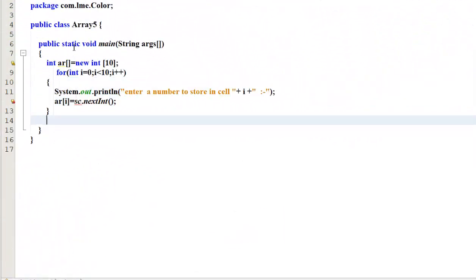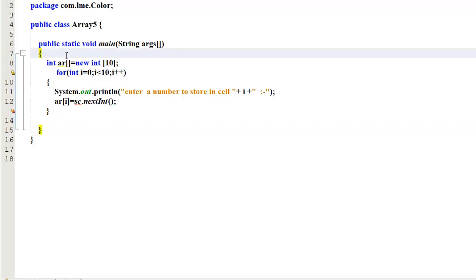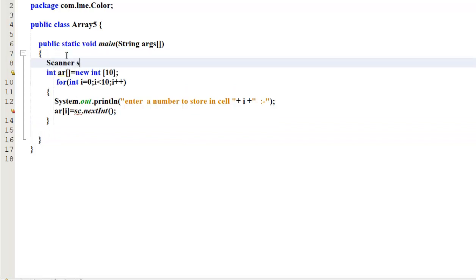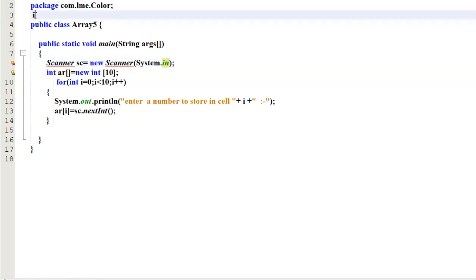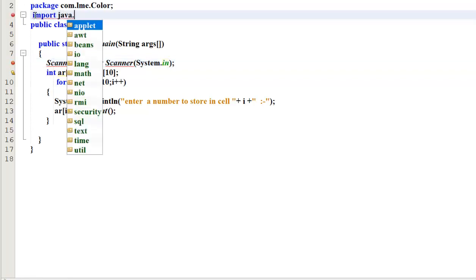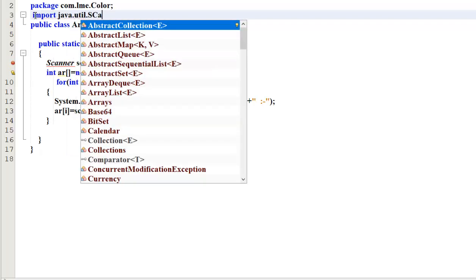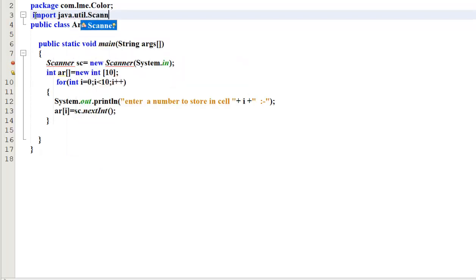Now take a Scanner, java.util.Scanner. Okay, we have the input values.